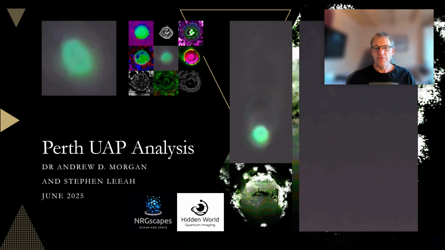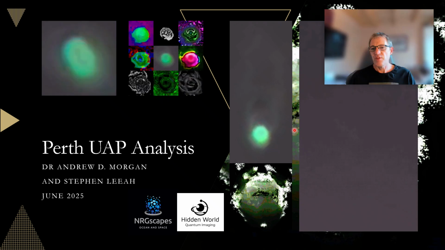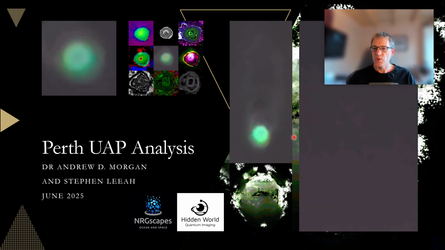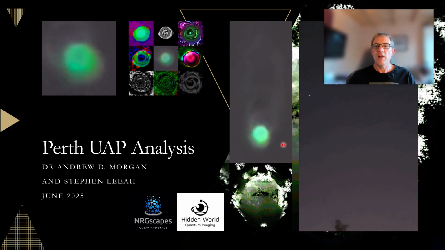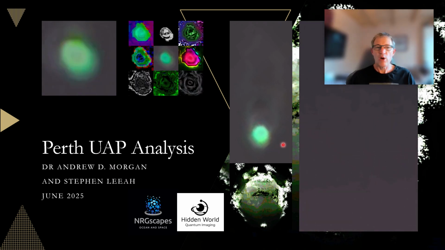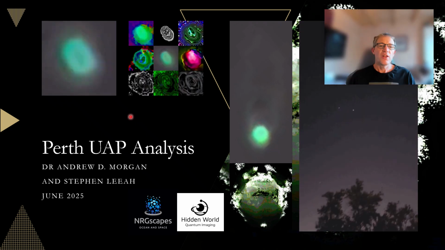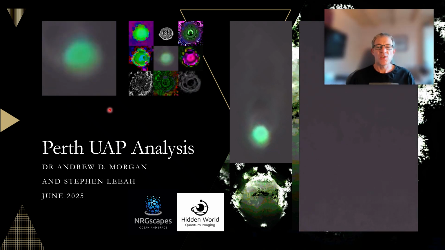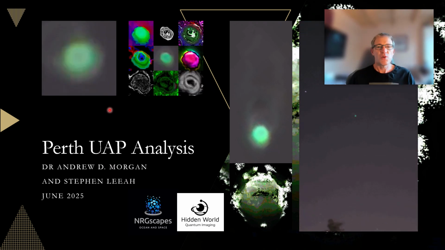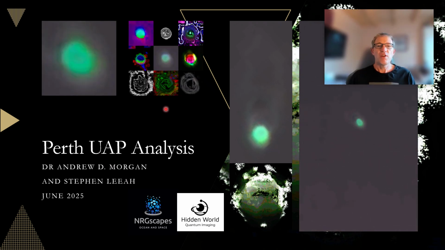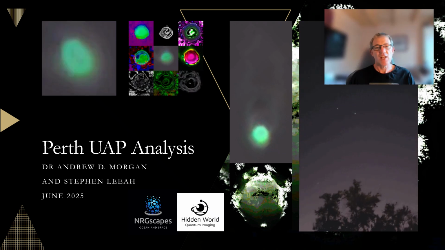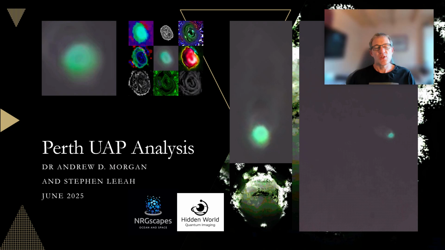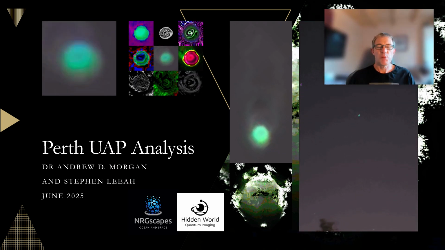On the front here, you can see an excerpt of the footage that we've uploaded of it going across the skies in Perth. A still frame from that showing an energetic wake or trail behind it. And then over here on the left, we've got stacked frames of that whole process of it coming into view and out of view across 17 frames. And then the various imaging or stacked images of the 9 different ways we put together image analysis for quantum imaging, zoom and exploded views.